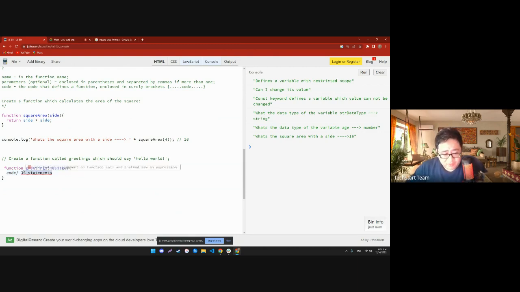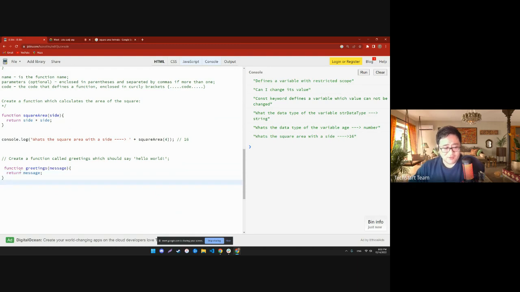So I want to come back to the task itself. Create a function called greetings. Okay, I created the function. It's called greetings, which should say hello world. So I may assume that I should be following some sort of message. Here I should be putting the return statement. The reason I want to use the return statement is that I want to show something or return the result. If you want to return the result, that's okay. You can put it. And then the message